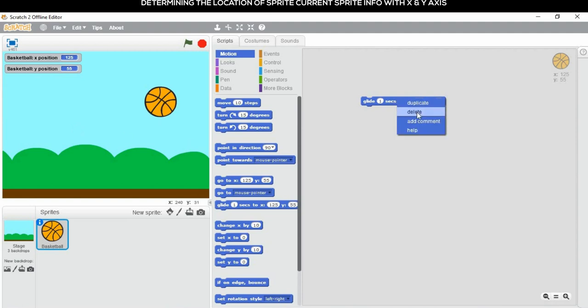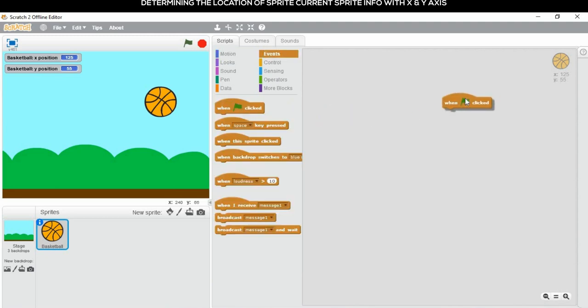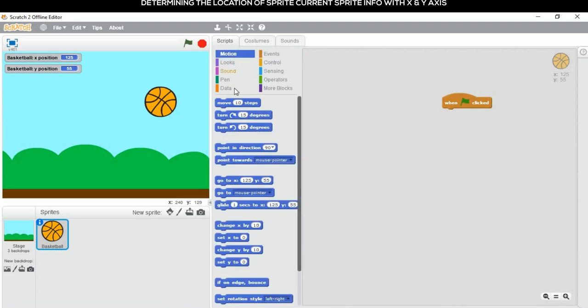We are going to delete this. Select our sprite, then add when flag clicked from the event block. And we are going to set the position of X and Y. Just go to the motion block and now we are going to set the X value and Y value.